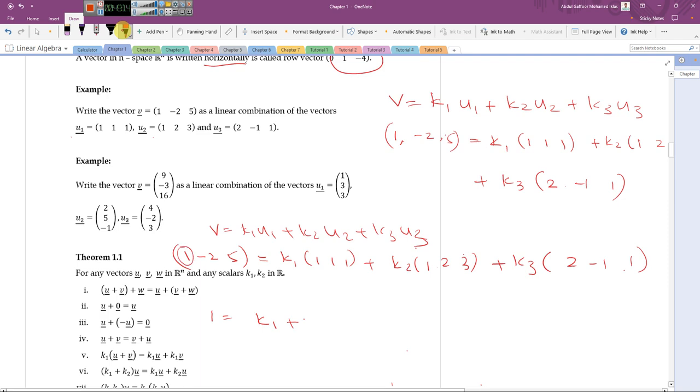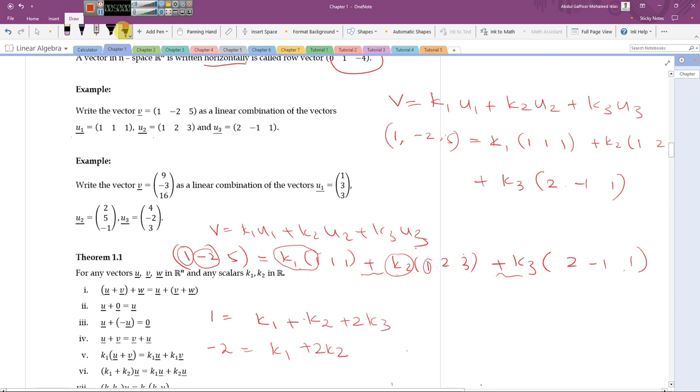So 1 is equal to this multiplied by k1, and this and this multiplied gives k2, and this and this multiplied gives 2k3. After that I have to add, right? So 1 is equal to k1 plus k2 plus 2k3. Then negative 2 will be equal to the sum of the y components in the scaled vectors, right? So k1